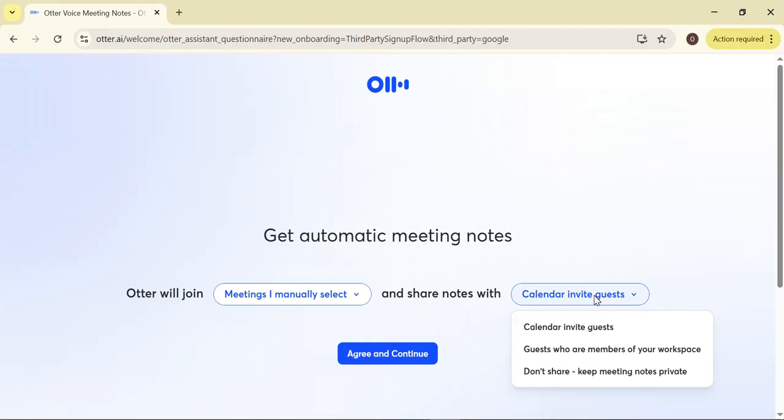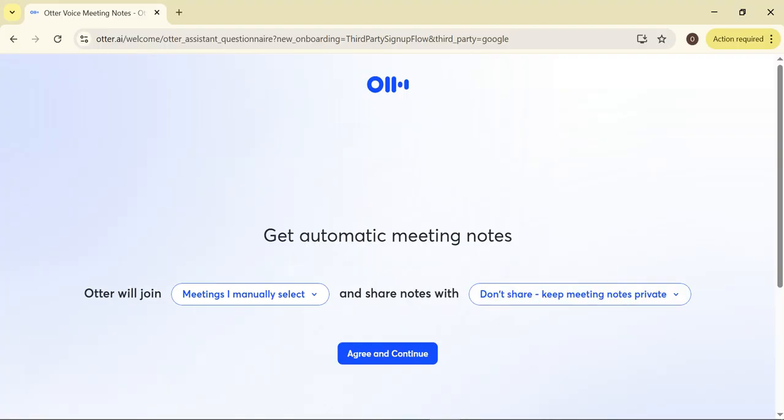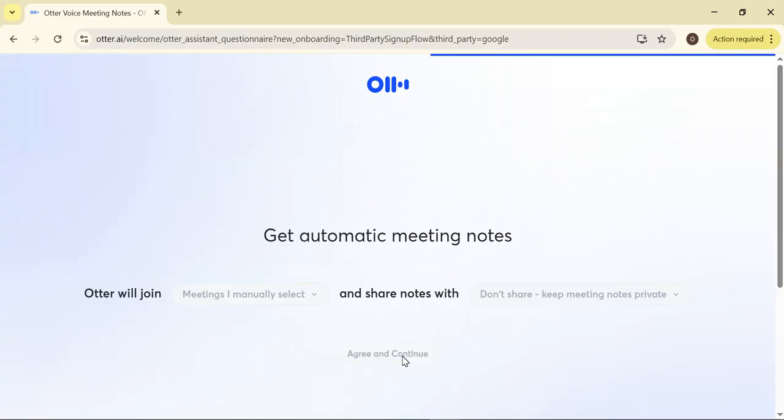That's why they were asking for the calendar access, so they can invite the guests. The calendar shows all the meetings of any specific day, so with respect to the calendar, it will manage all the details. Okay, so don't share, keep meeting notes private, because we are using it for ourselves. If we want to share meeting notes with anyone, we can do it manually. So I will just select agree and continue here.